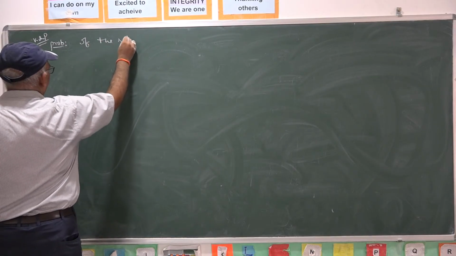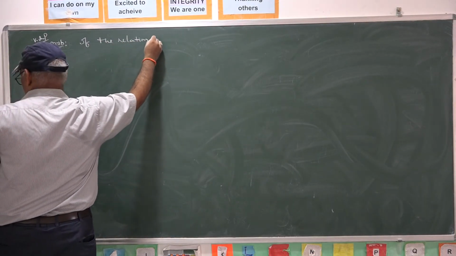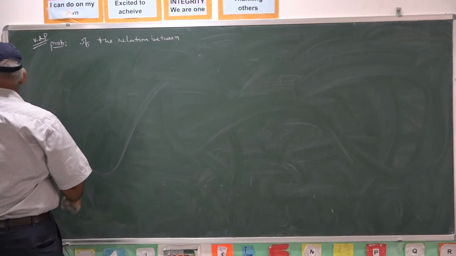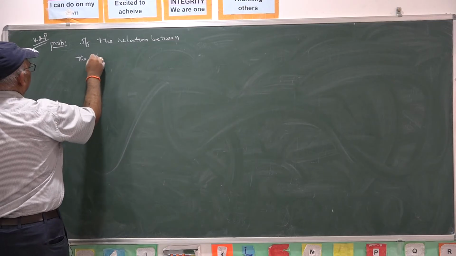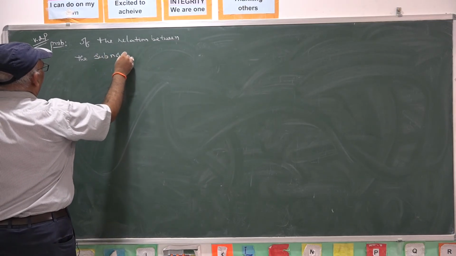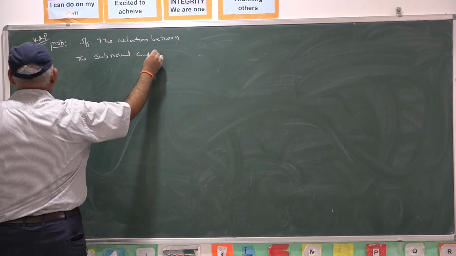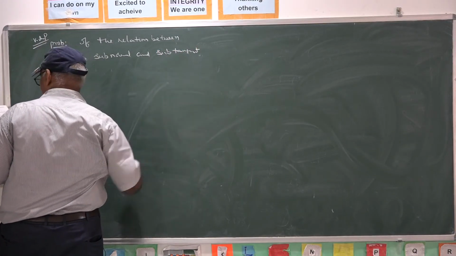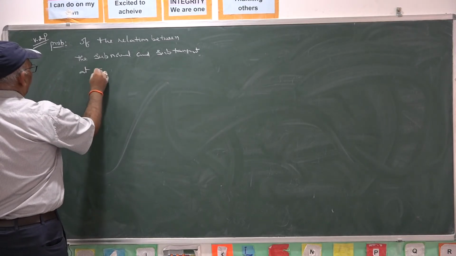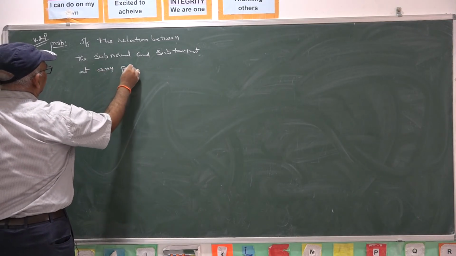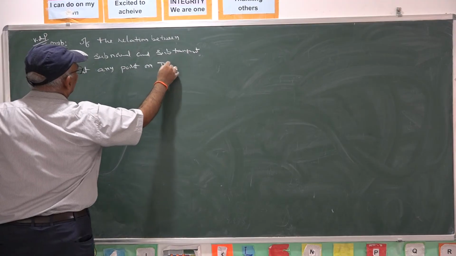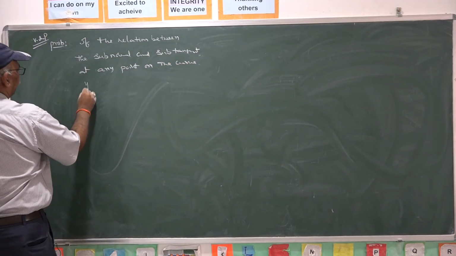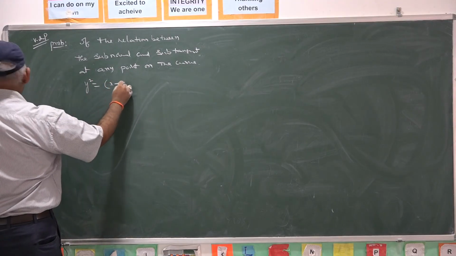If the relation between the subnormal and subtangent at any point on the curve y square equal to x plus a whole cube